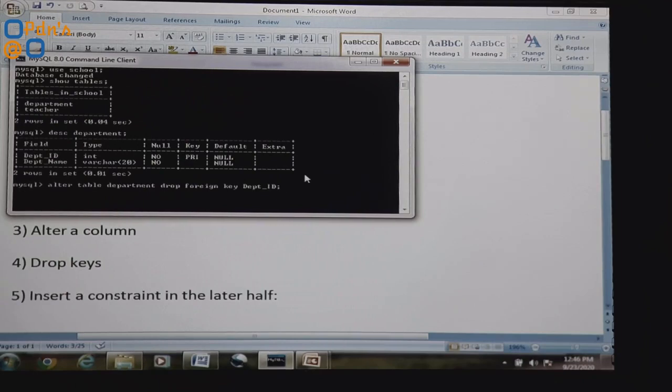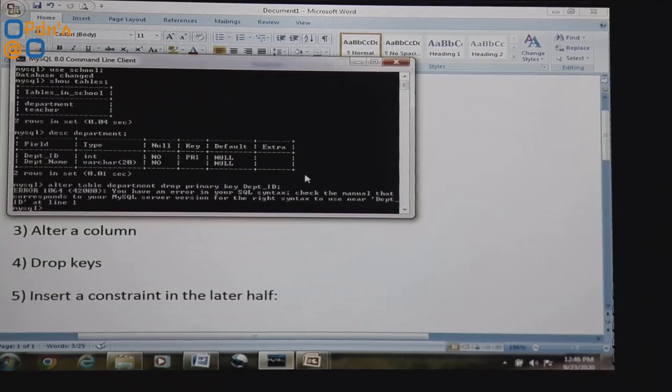Okay, here we are altering the table department and dropping, sorry, this is not the foreign key, this is the primary key. We are simply removing the primary key. Enter. See, again it is an error. There are certain mistakes in the syntax.